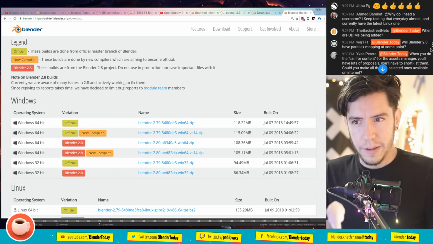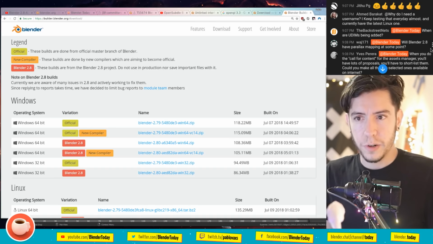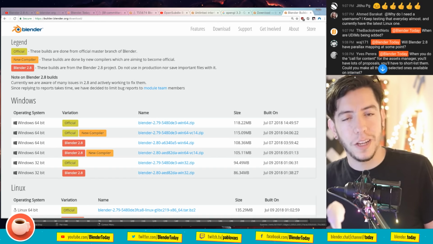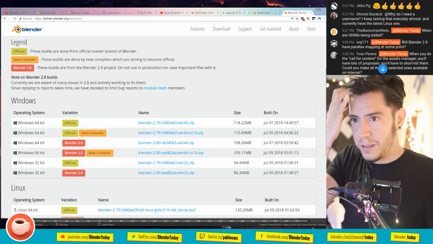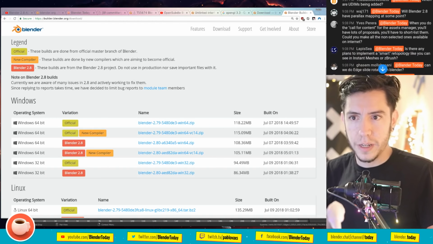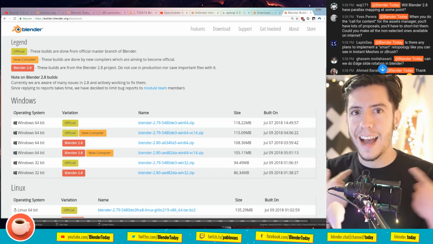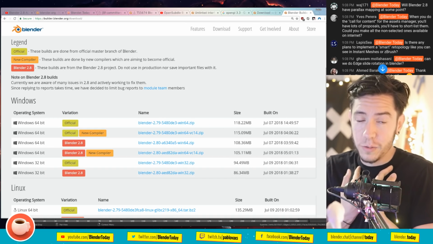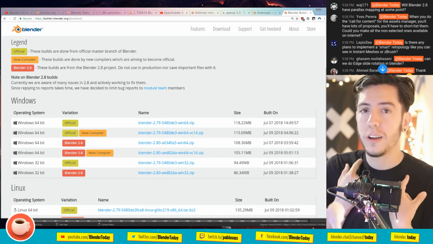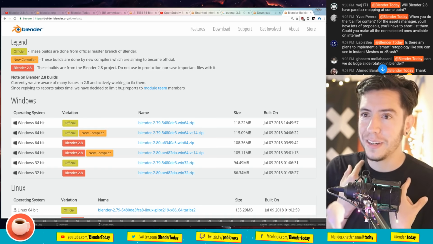Will Blender 2.8 have parallax mapping at some point? Yes, I bet, because 2.8 is a whole series, 2.81, 2.82, 2.83, 2.84. But I haven't seen any development happening for the time being. When I say that I haven't seen any development, that's what I mean, that I haven't seen. I read most of the commit logs that happen.